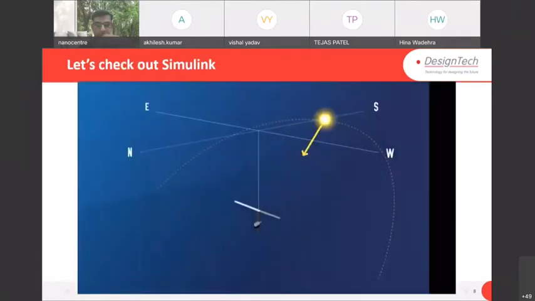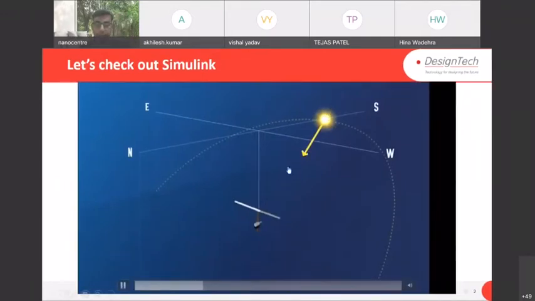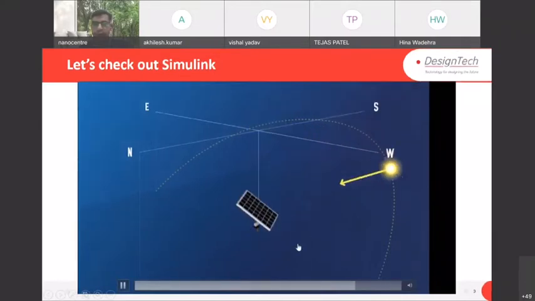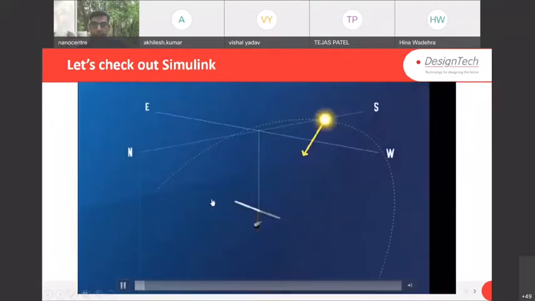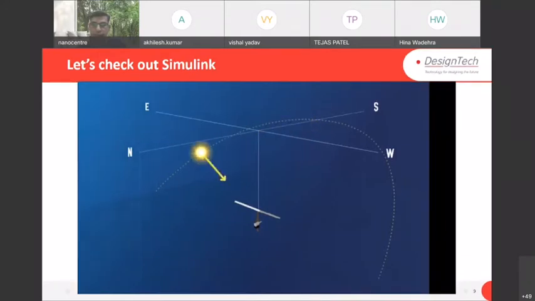Okay, what I want to show you here is this solar panel, right? Right now, the sun is directly focusing on this solar panel. But when the sun is rotating, I want the solar panel to also rotate with respect to the sun, so we can get high power from that solar panel, right? This complete simulation I am going to show you, where with respect to the sun, I want my solar panel to also move. And what is the optimization here? That is a big question: what thing am I going to optimize in this case?